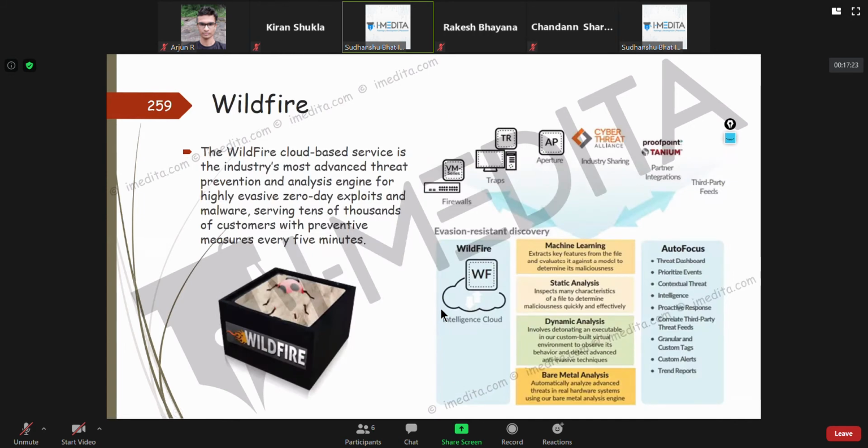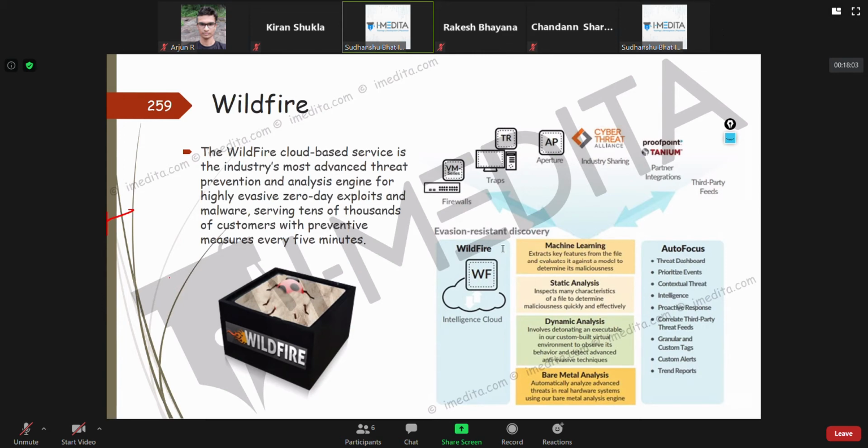Like I have introduced earlier, it's a cloud-based sandboxing environment by Palo Alto, where if you feel there's a file which might be suspicious, or maybe it is malware, you can submit those files to the Wildfire public cloud, and they'll detonate them there. When you say detonate, that means that those particular files will be run in a very controlled environment there.